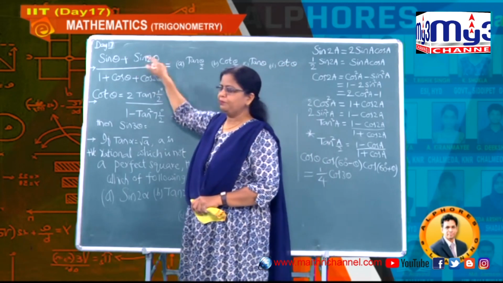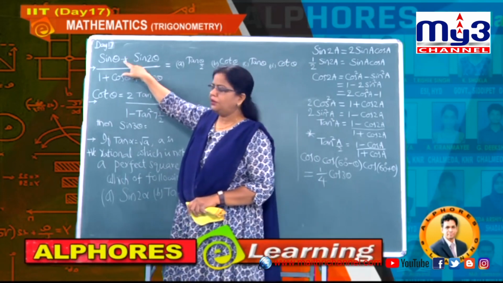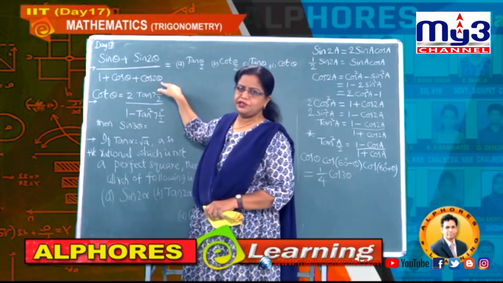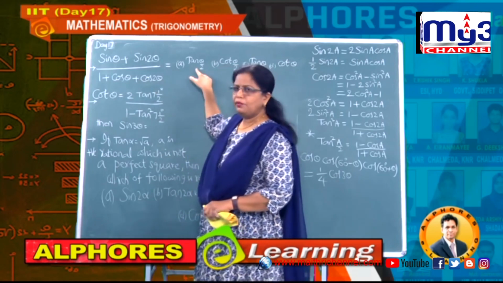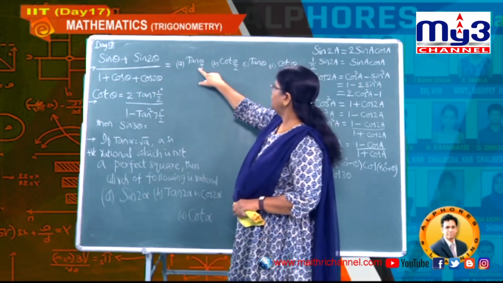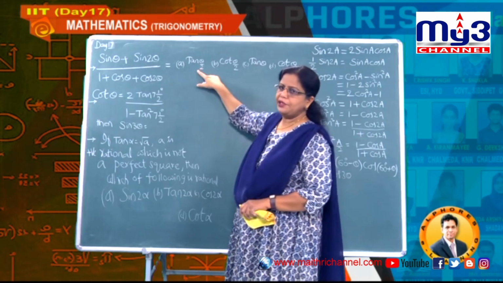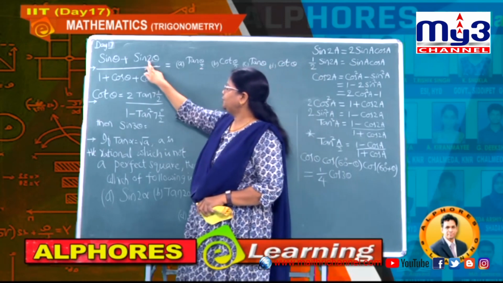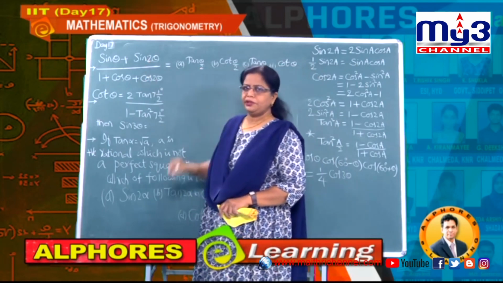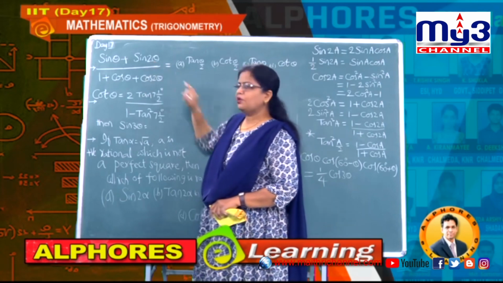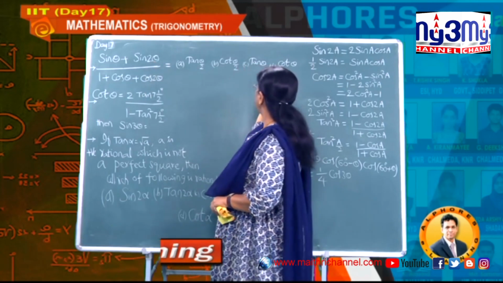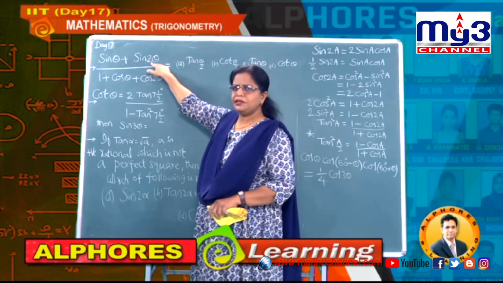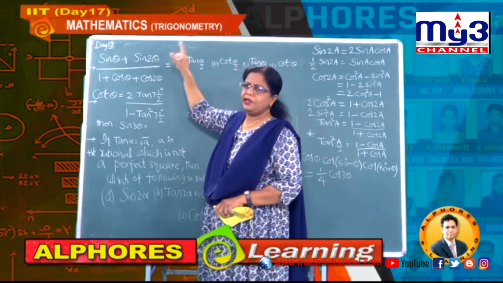Observe the first problem. This is given as here sin theta plus sin 2 theta divided by 1 plus cos theta plus cos 2 theta. And now observe how options are given. 2 options are in terms of half angle and 2 options are in terms of theta. That means completely you need to eliminate this 2 theta kind of terms. Understand? Sin 2 theta here, cos 2 theta here. Nowhere in our options you are finding 2 theta value. So first we have to do the simplification part, eliminating this 2 theta kind of values.